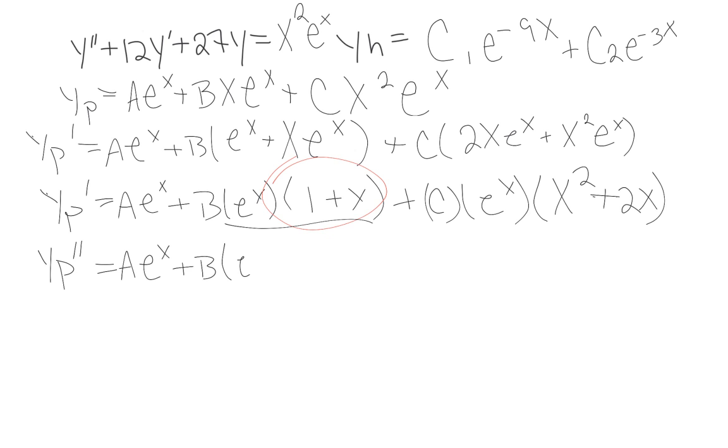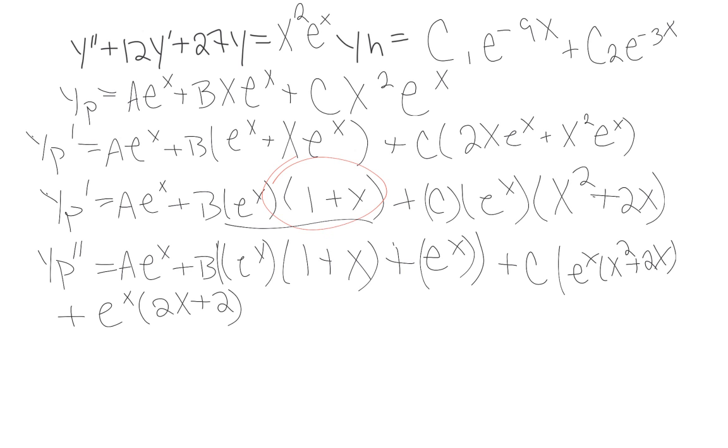So e to the x, 1 plus x, times e to the x, or e to the x times the derivative of e to the x times 1 plus x, that's e to the x times 1 plus x, plus e to the x times the derivative of 1 plus x, so that's just going to be e to the x. So plus e to the x, because the derivative of 1 plus x is just going to be 1,